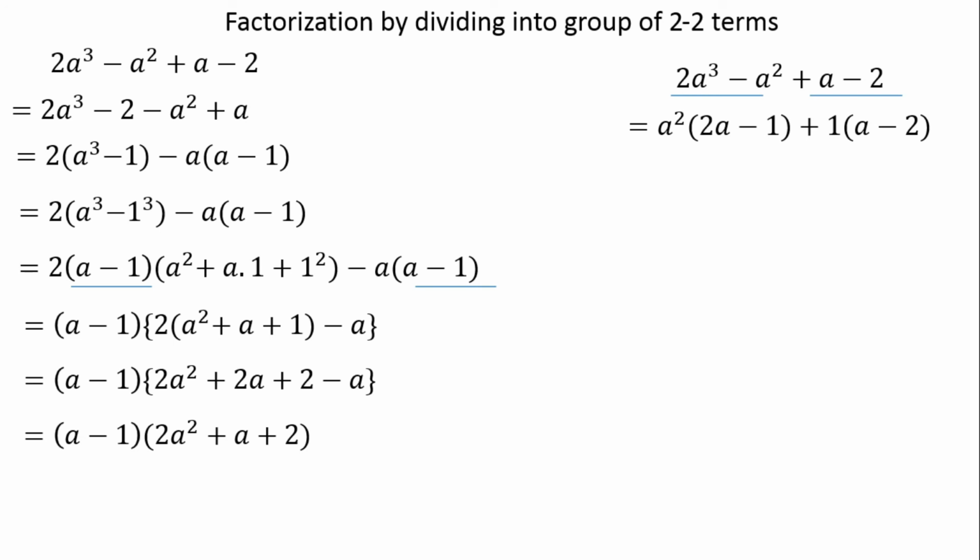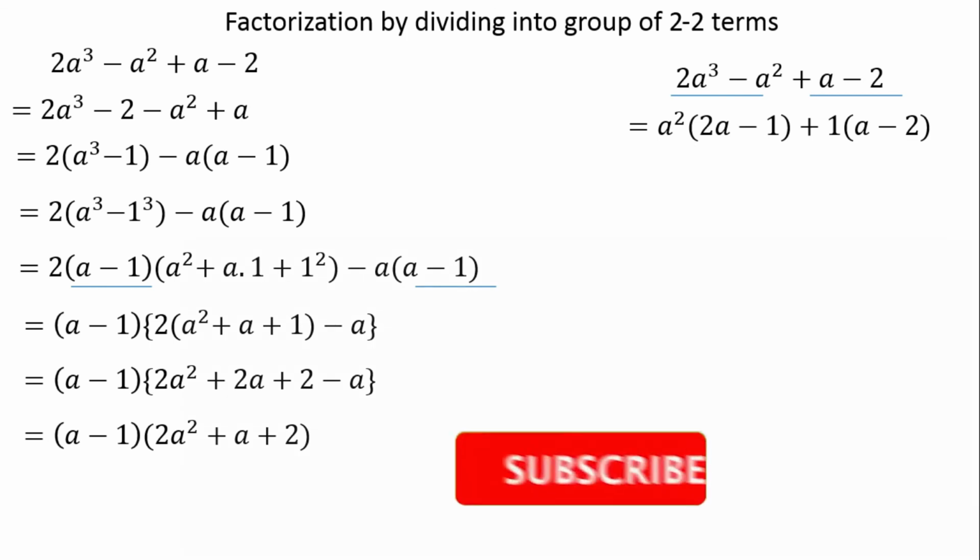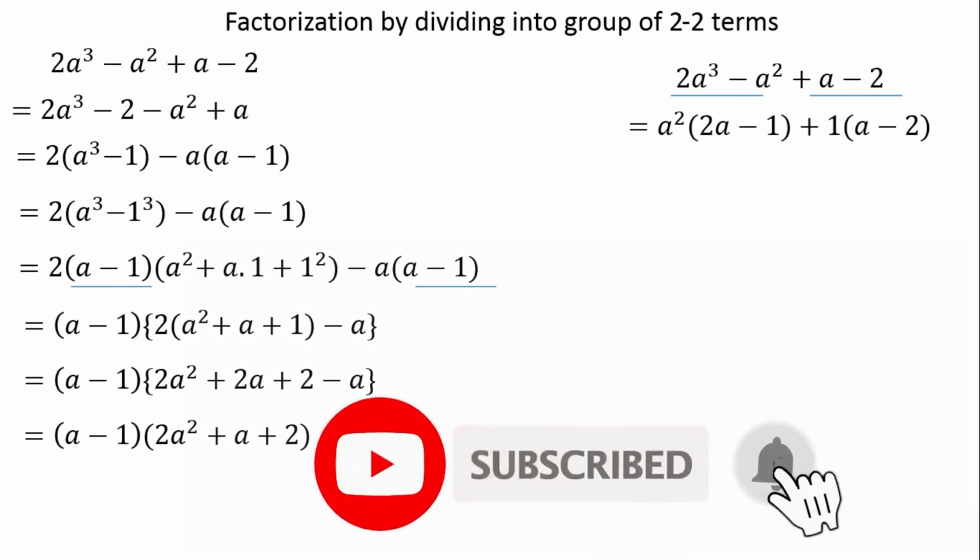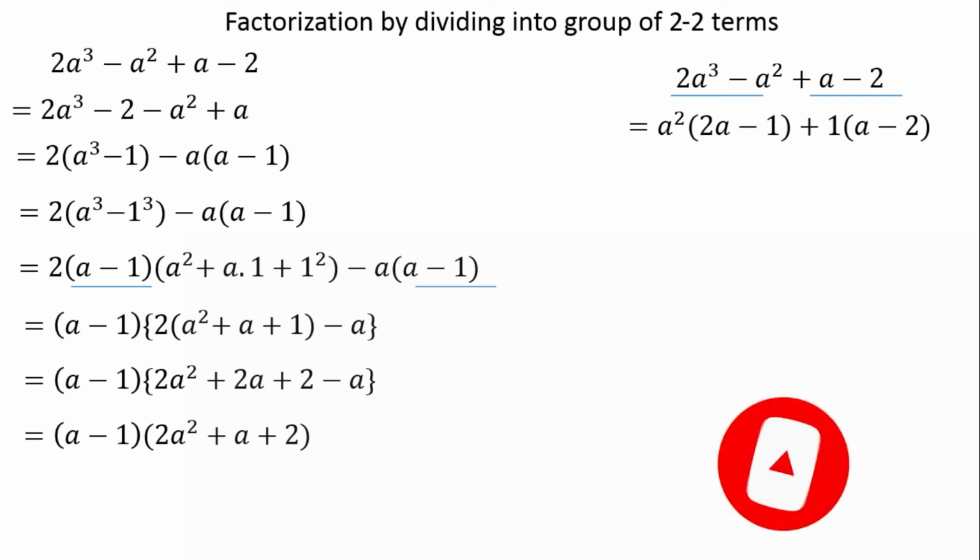So basically today we have learned about the algebraic expression where we have 4 terms, and it can be solved by dividing them into 3 and 1 or 2 and 2 terms. So if we see the formula of a square, 2ab and b square, we have to divide the expression into 3 and 1 term. And if we don't see that kind of formula in the algebraic expression, then we have to divide them into 2 and 2 terms. In this way we can solve.